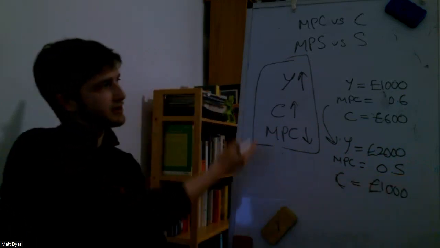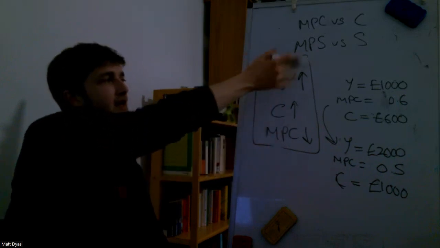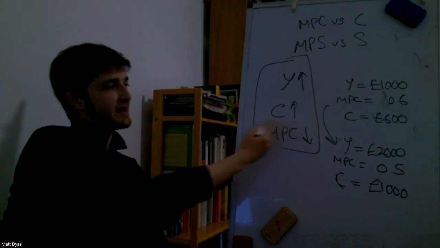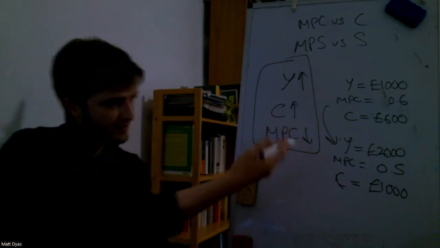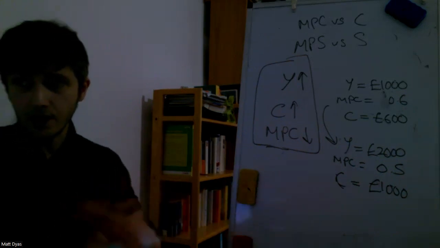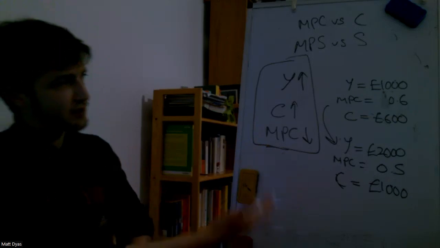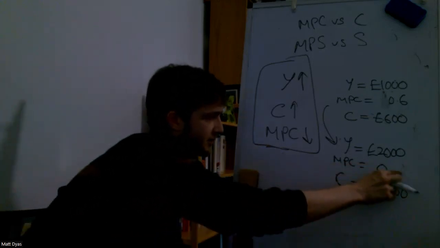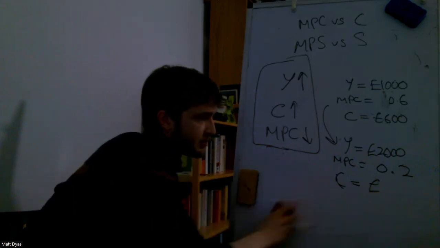So this is the typical situation: people get more money, they spend more money, and they save proportionately more money. But if you play with the numbers, it's a mathematical situation at the end of the day. If you change the numbers enough, if MPC falls far enough, even to 0.2, then it is actually possible to have